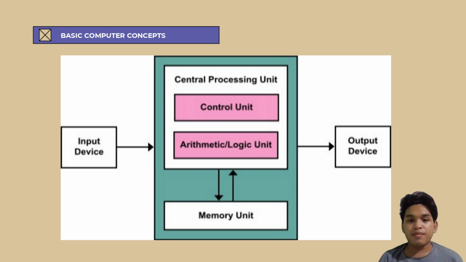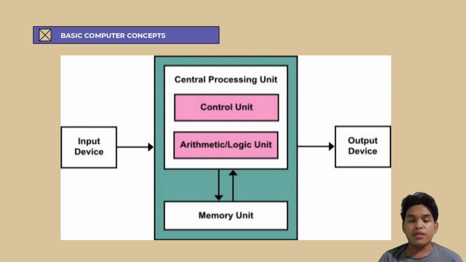And finally, once the CPU finishes processing your input, the result goes to the output device. This can be a monitor, which shows the result on the screen, a printer to print your work, or even speakers that can play a sound. It is how the computer communicates back to you.